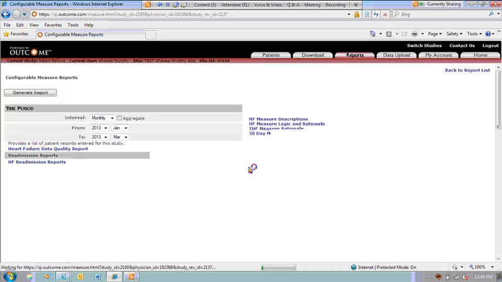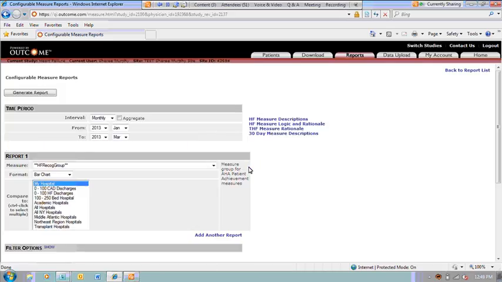When we're looking at qualifying for the Gold Award, after the Silver Award, we need to have another year's worth of data that's at 85% or better compliance with the achievement measures set forth for heart failure. So I'm going to change my time interval to annual. I am looking at 2012, which is the year that just happened.